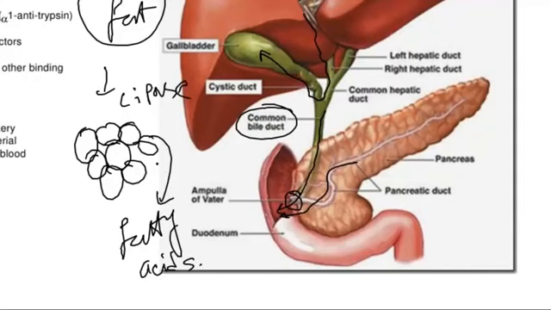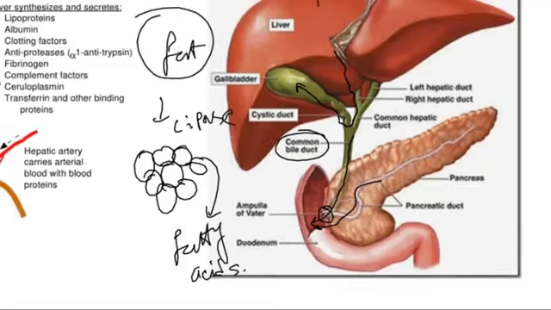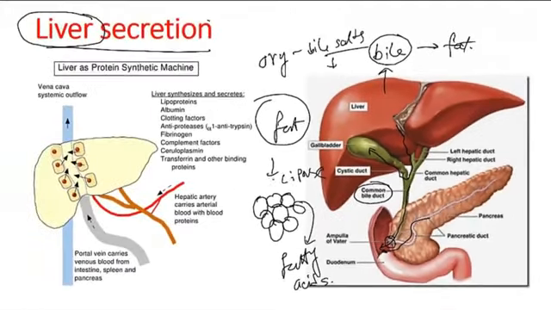Okay. And it also contains lecithin, it contains cholesterol, and it contains bilirubin. So bilirubin, lecithin, cholesterol and all the rest of the bile salts are secreted there. While cholesterol and bilirubin are eliminated through the feces, bile salts are recycled throughout the time, because they are required all the other times in different processes. They are recyclable,